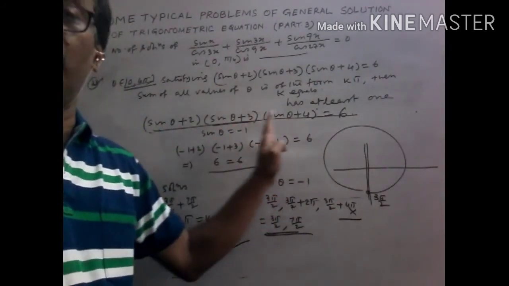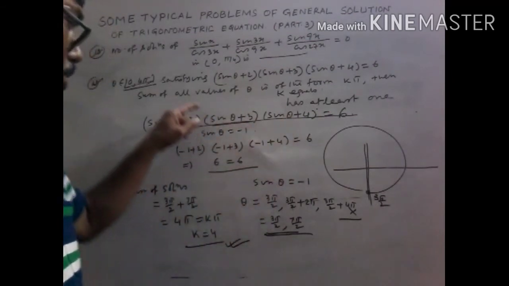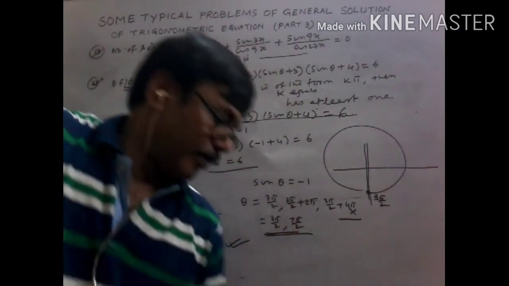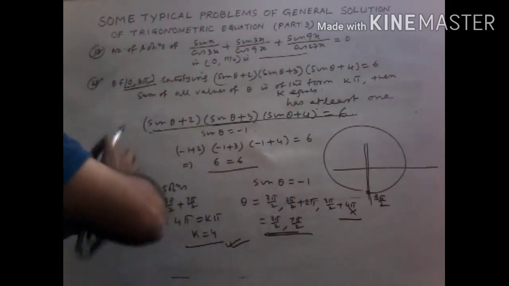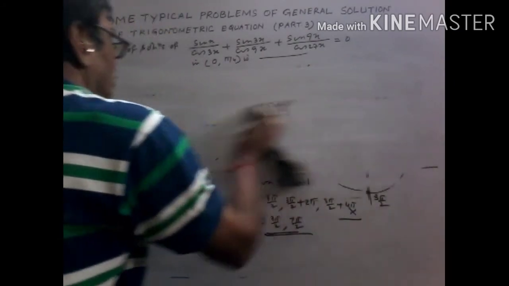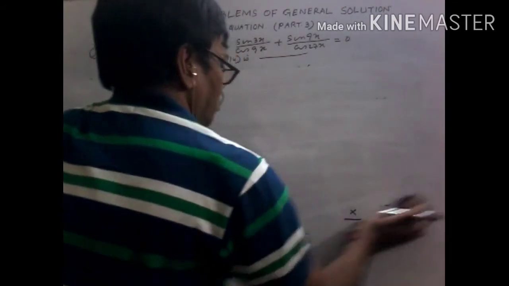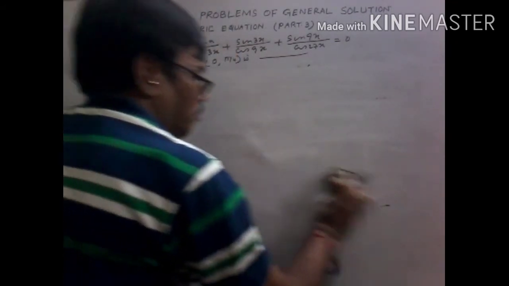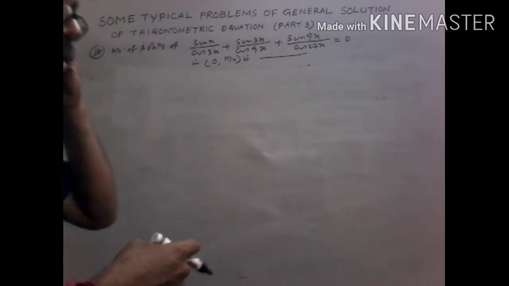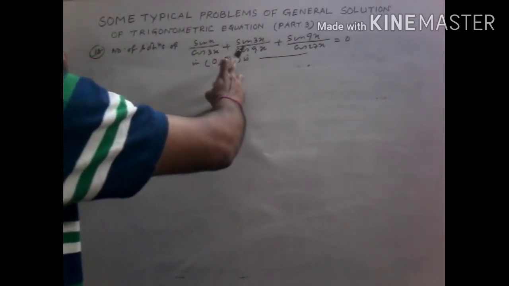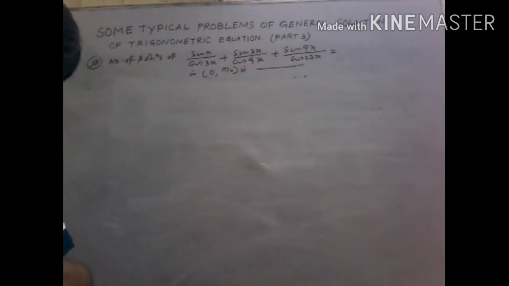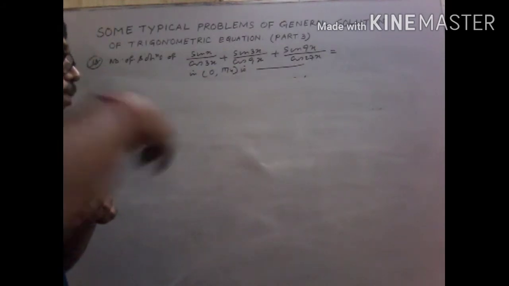Look at the problem. You cannot solve the problem by the ordinary method. Look, taking the minimum value of sin theta. Then problem number 13. This is a well-known problem of multiple angles. To solve this type of equation, if you solve this, then we get this type of equation.